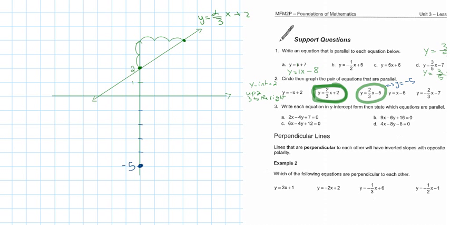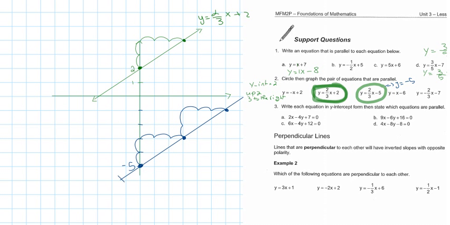And then my slope tells me what? Up 2, 3 to the right. So it's the same slope. Up 1, 2, and then 1, 2, 3 to the right. Okay? I can go one more. Up 2, 1, 2, 3 to the right. Okay? So if I graph this,